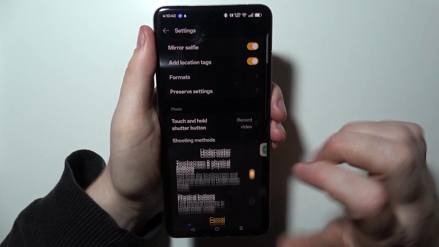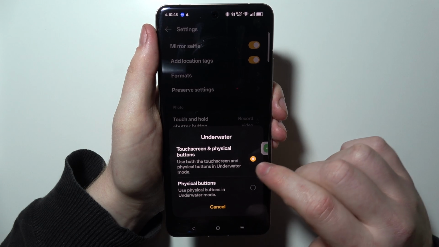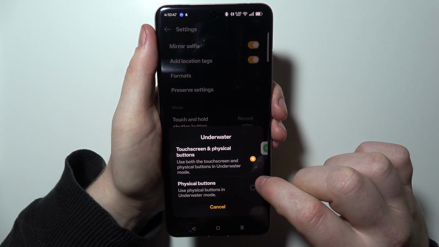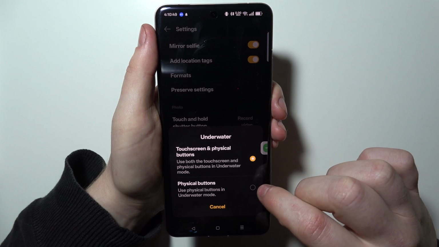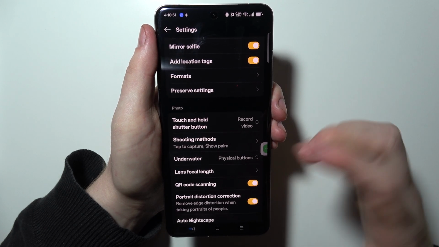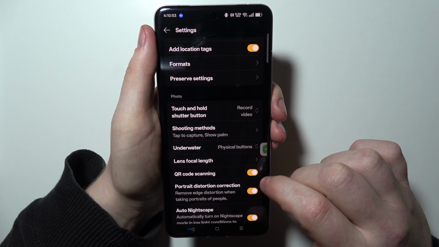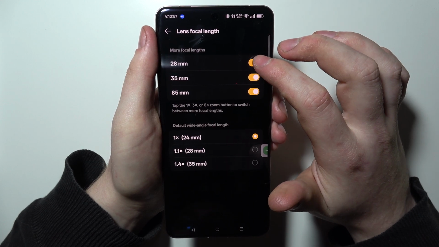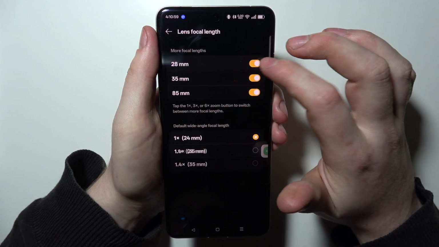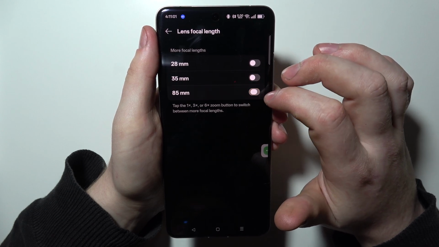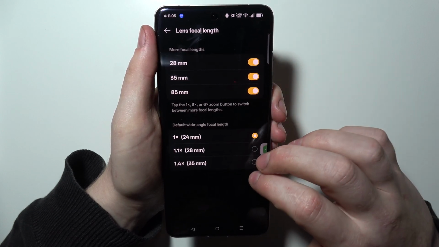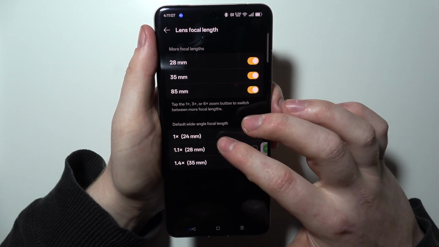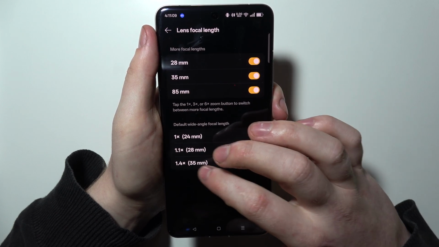Next is the underwater. You can enable touch screen and physical buttons, use both touch screen and physical buttons in underwater mode, or use only physical buttons to capture the photos. Then there's the lens and focal length. You can change the more focal lengths to 28, 35 and 85. If you enable them all, you can change the default wide angle focal length to 1 time, 1.1 time, or